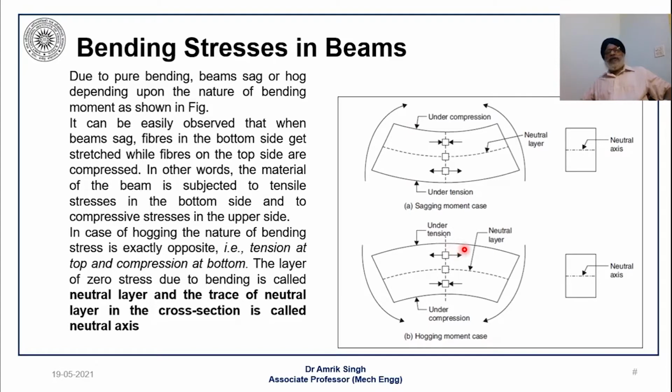So you see, if we reverse the direction of the bending moment, the beam will be bending in this shape. This particular phenomenon of bending of a beam is known as the sagging moment, and this is considered to be positive, and that we have understood. And if a beam is behaving like this, then it is said to be a hogging beam, and this is considered to be negative bending.